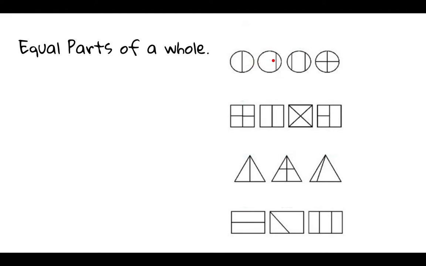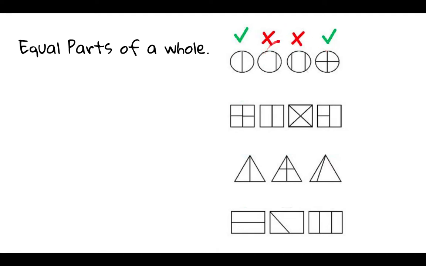When I go to this one, just by looking at it, I can tell that this piece right here is a lot smaller than this one. I would not be able to use this line to cut this circle in half in order to show equal parts of a whole. Same with this one. This piece is a lot bigger than these two pieces. And then in the fourth one, we have 4 pieces, which is different than these 2 or 3, but they are all equal parts. So this has equal parts of a whole, and so does the last one,